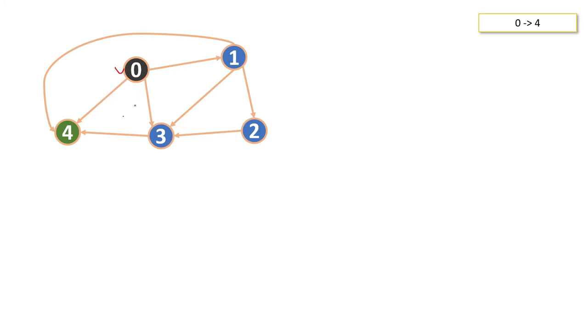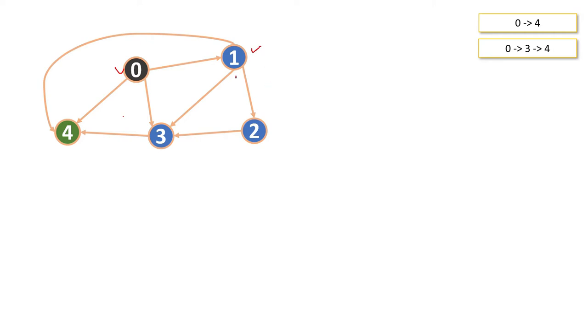Then we can go for the next node. The next adjacent node is 3. So we can mark 3 as visited. From 3 we can check what are the adjacent nodes for 3. That is 4, and we reach our destination. So the next path we got is 0 3 4. While coming back we can remove it as visited, and for 3, if there is no other node to visit, then we can also mark it as unvisited. Then we can go to the other node: 4 and 3 are done, then 1, and mark it as visited.